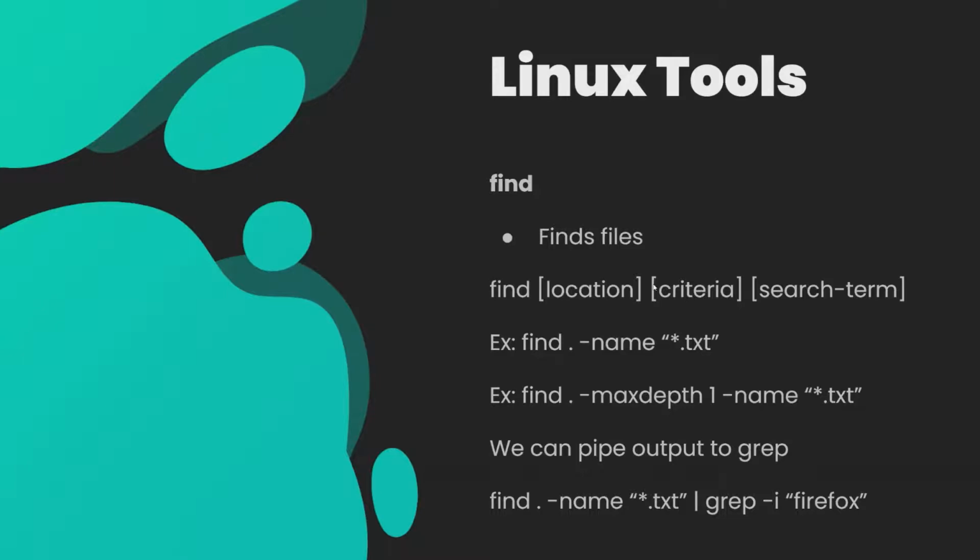So an example would be find . -name, and then let's say I want to find files that end in .txt. This asterisk here is called a wildcard. And what that means is that it's not concerned with matching anything on the left side in this case. It is only concerned with matching this format at the end here. So if I did *.txt, it would only search for files